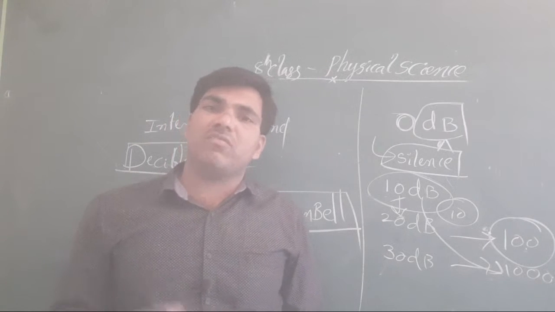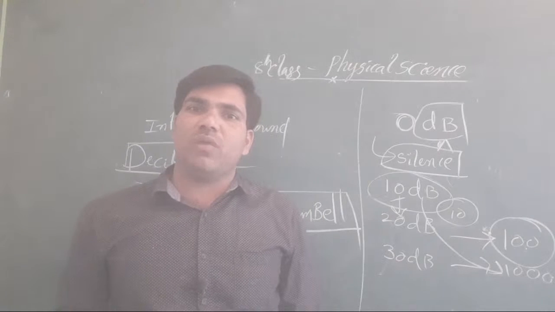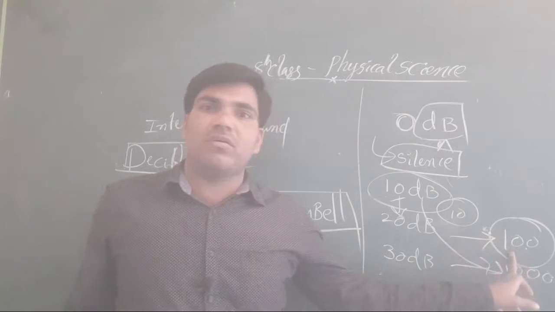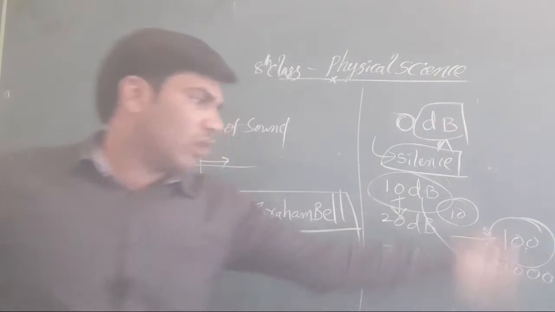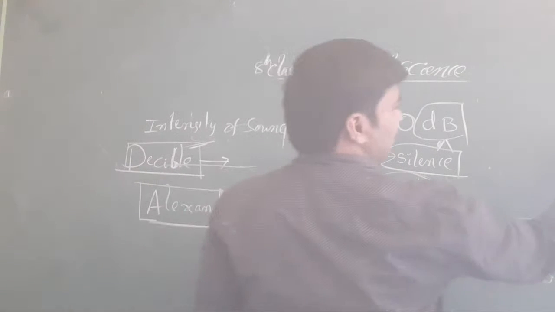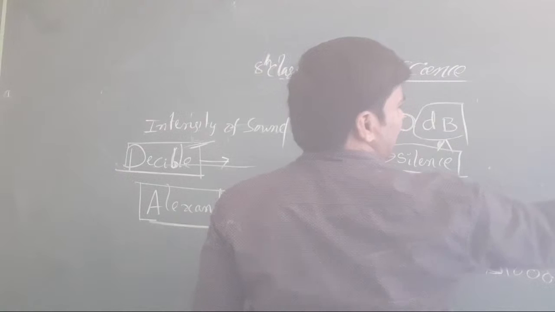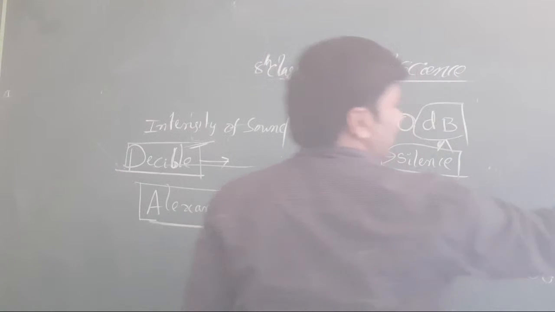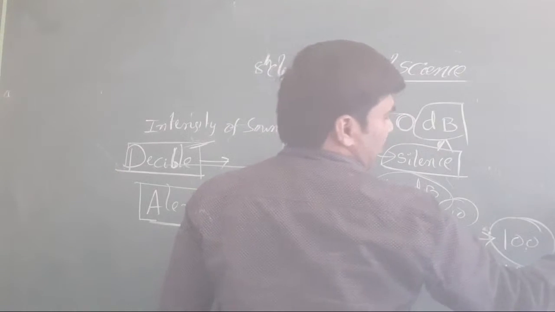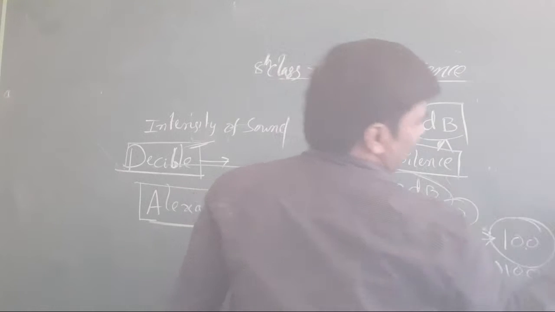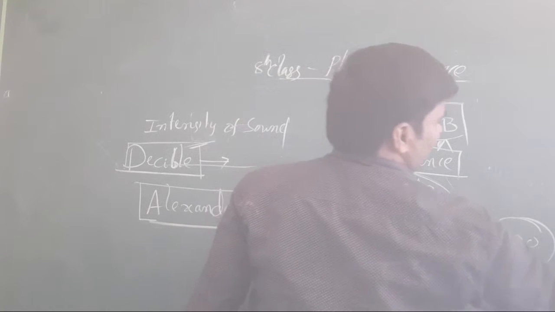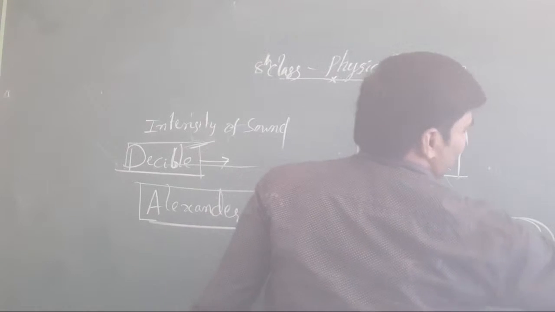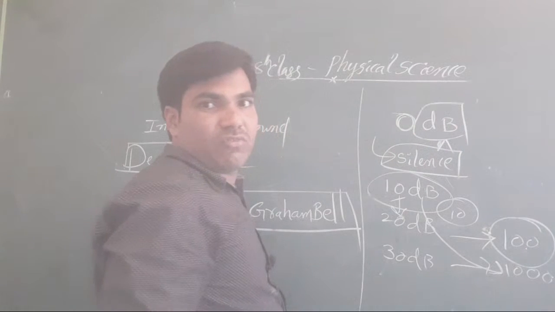Now 20 decibels is nothing but what actually? 1000 decibels means what? More than the, like that you continue up to. 40 decibels is nothing but 10,000 times. Like that, up to 100, you have to take what? 100 decibels means what? You write like this. Got it or not, all the students?